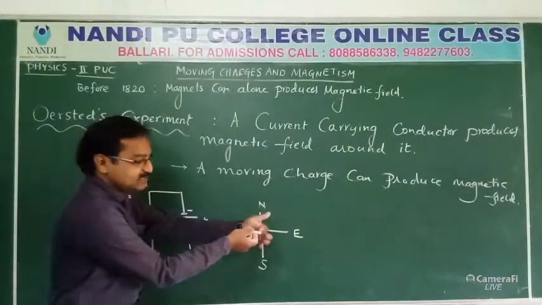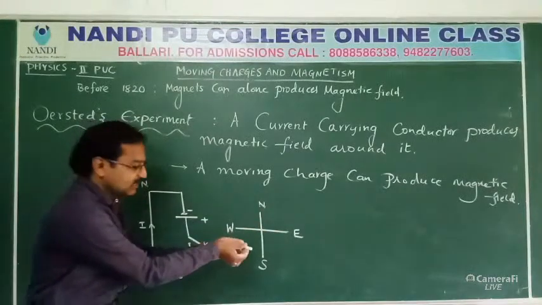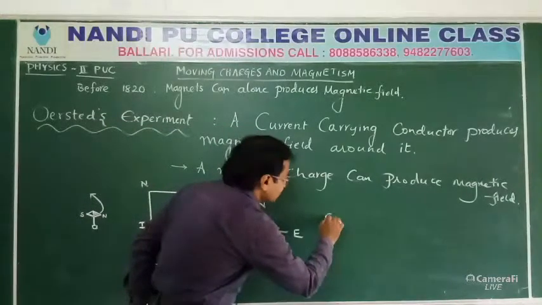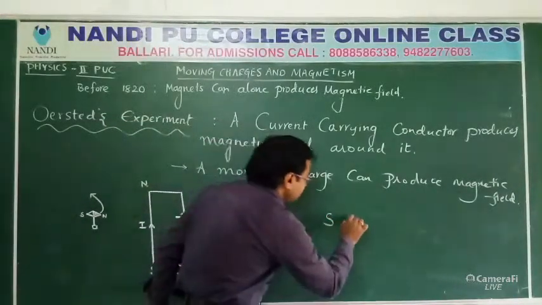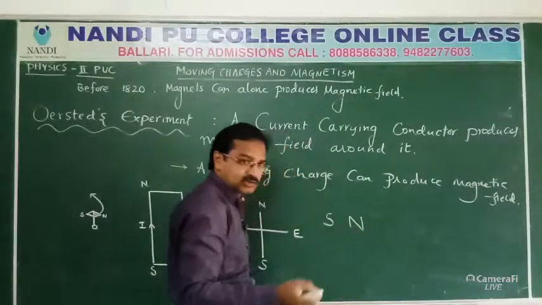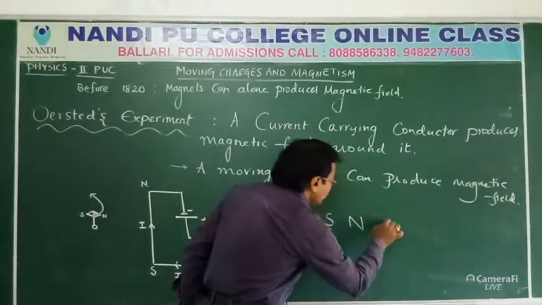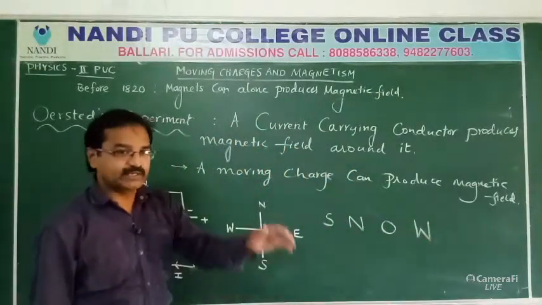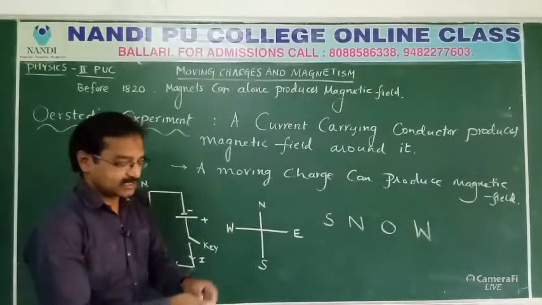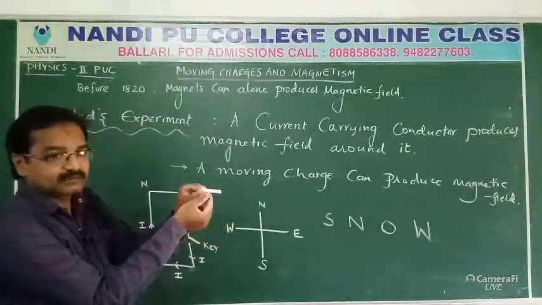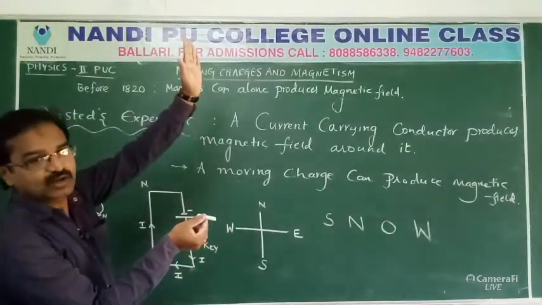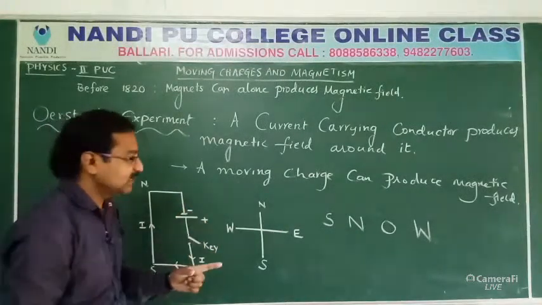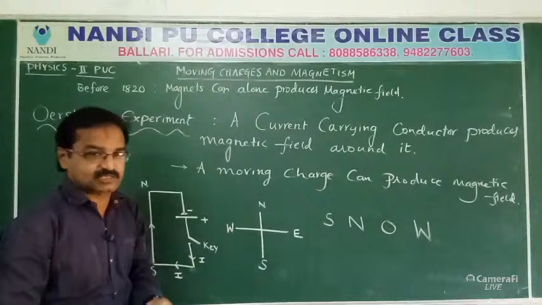Here this is east, this is west, so it is deflected to the west side. Understand? When current flows from south pole to north pole, the deflection is towards the west side. This is the SNOW rule, S-N-O-W. If this is the needle, when current flows from south to north, the deflection is towards the west side. Similarly, if the current direction changes,